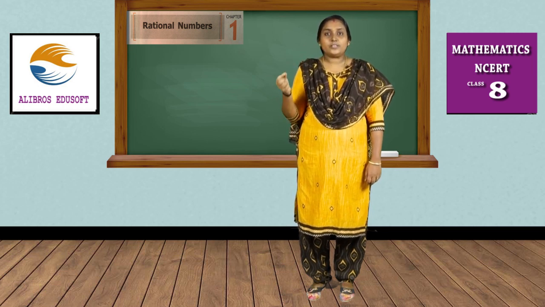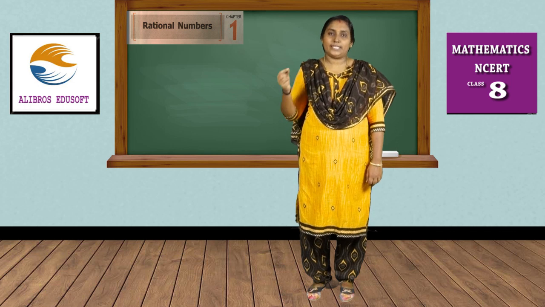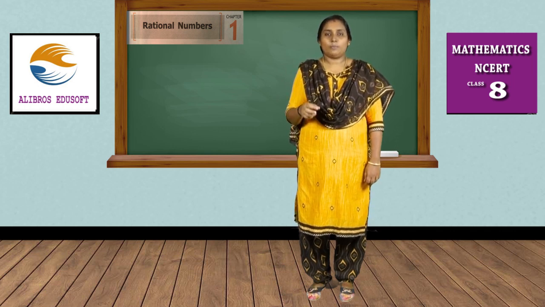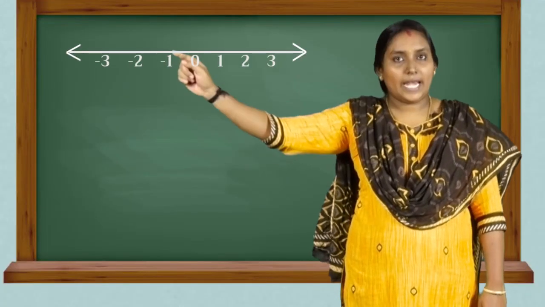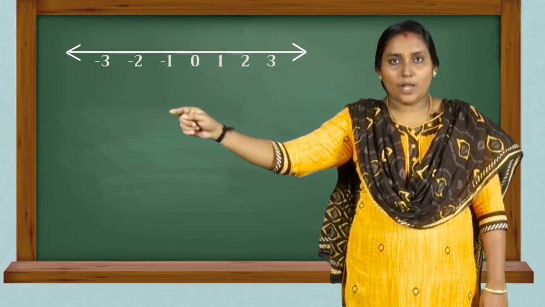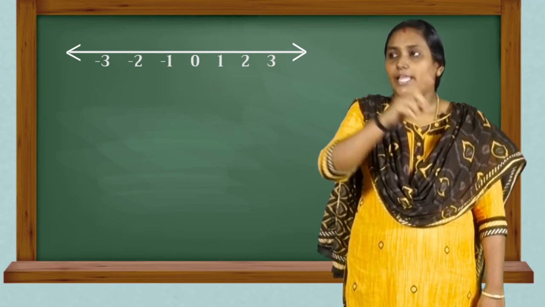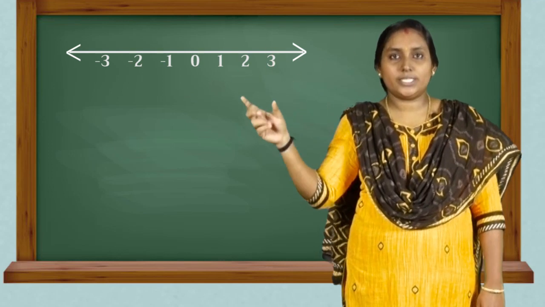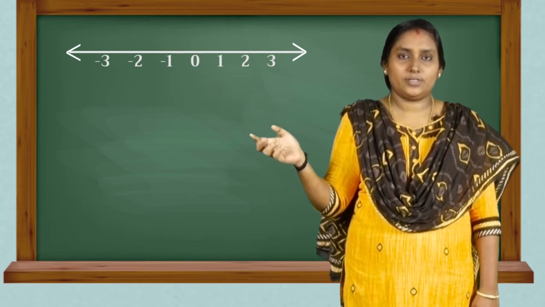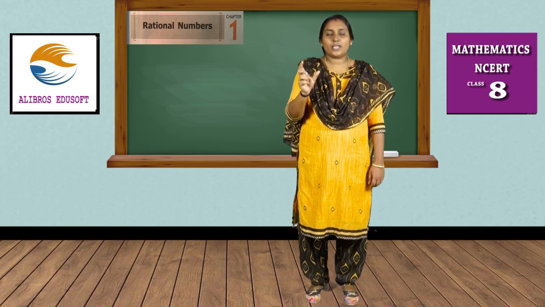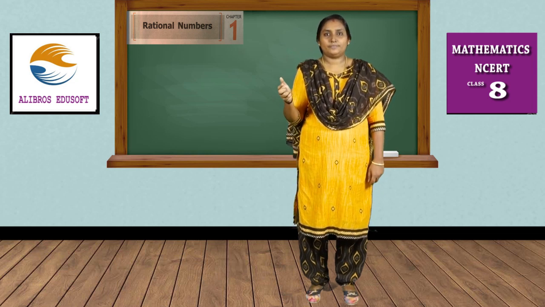Starting with the 0, 1, 2, 3 like that, including the 0, these numbers are called whole numbers. In the number line, there are negative numbers, 0 and the positive numbers. The integers include the positive numbers and the negative numbers. The rational numbers are in between the integers and including the integers.